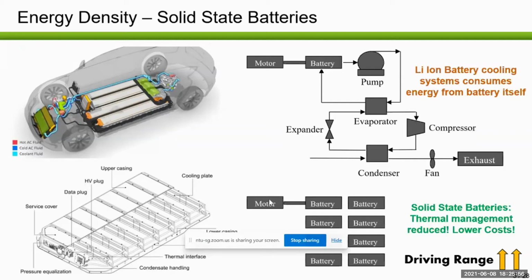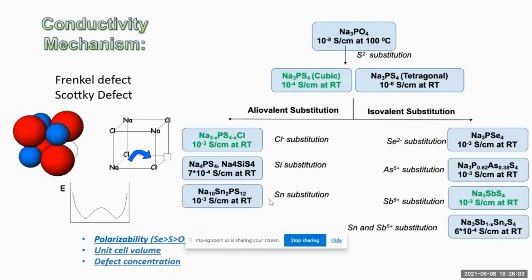I will come to it later. I will show how this battery works at high temperature. I'll give an example. Okay, now, in the solid state battery,